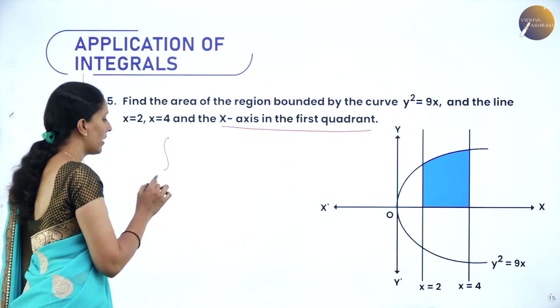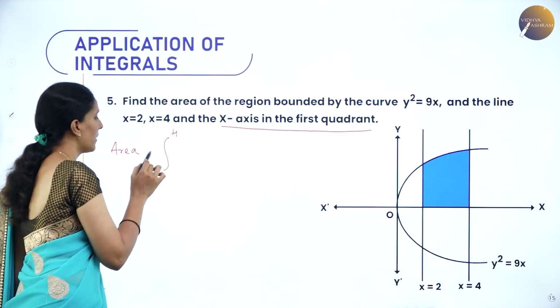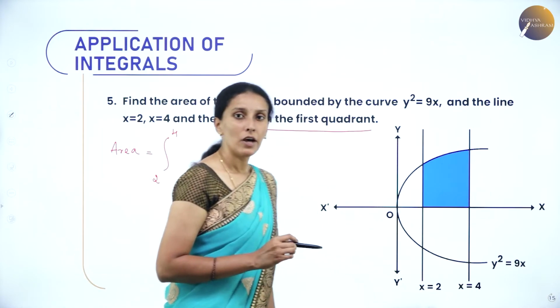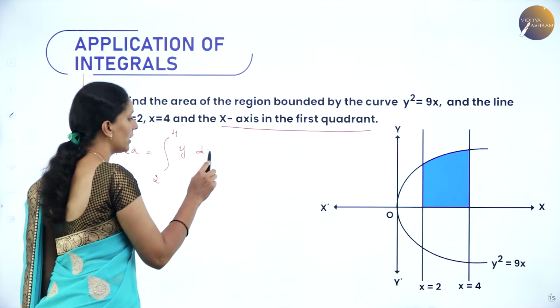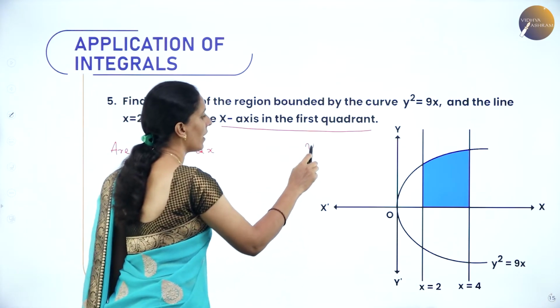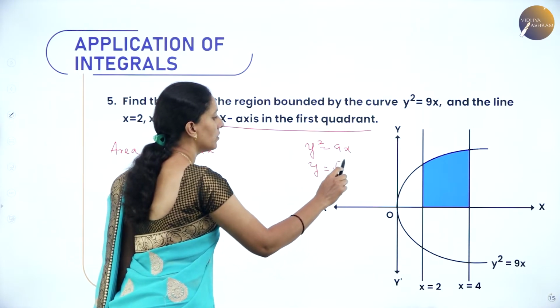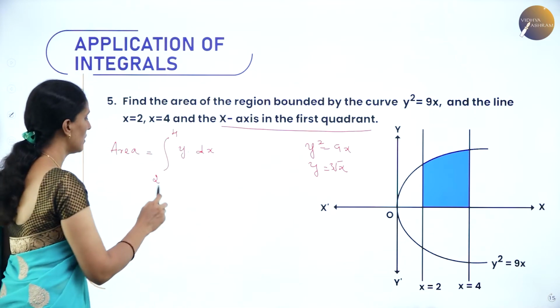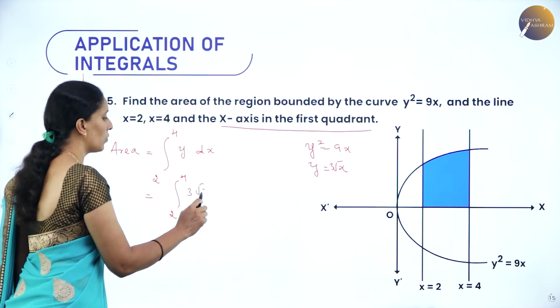So that is 2 to 4 and the required area is equal to, since we have to express in terms of y, it is y into dx. So we have y square is equal to 9x here. What is y? Y is equal to 3 root x. So therefore here integral from 2 to 4, 3 root x dx